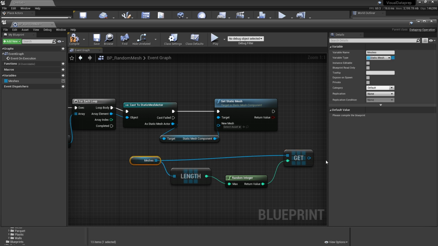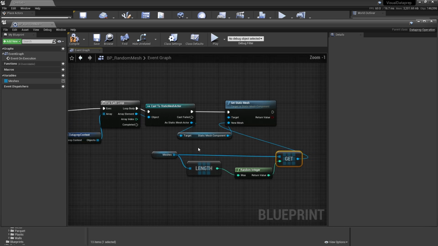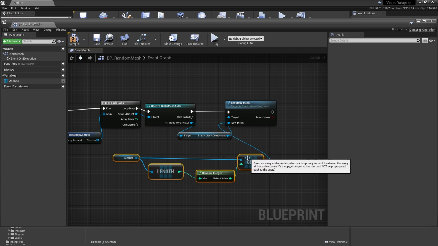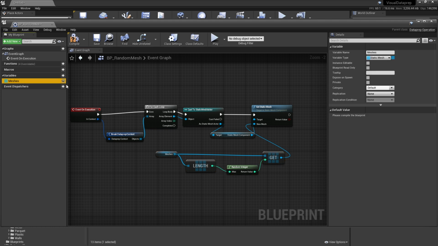So this little bit of code right here will just return a random member from that meshes array. And we will drop that into new mesh. And that's it. That's all we have to do. Now for every mesh it executes, it will randomly select one of these. Oh, I will actually have to set meshes to be instance editable so that it shows up in our interface. Go ahead and hit compile and save.